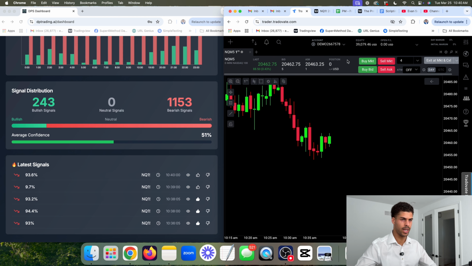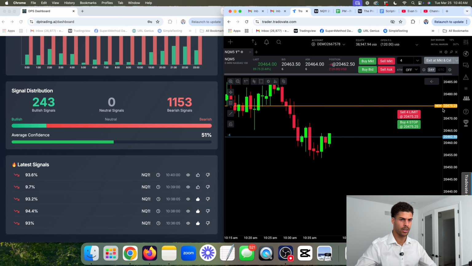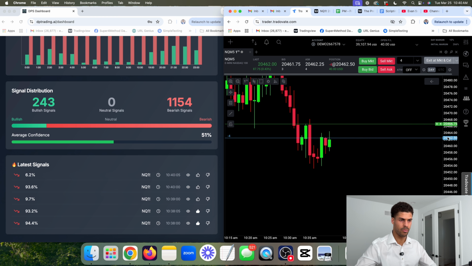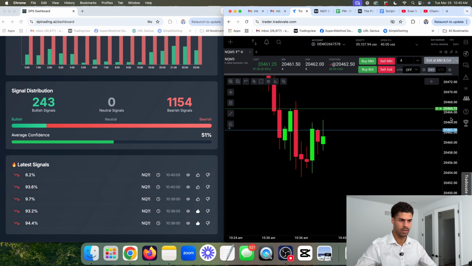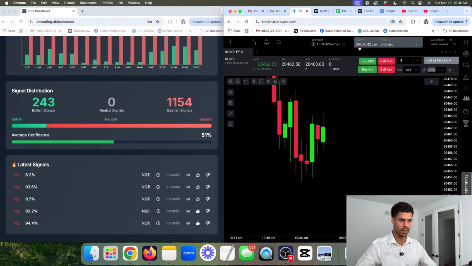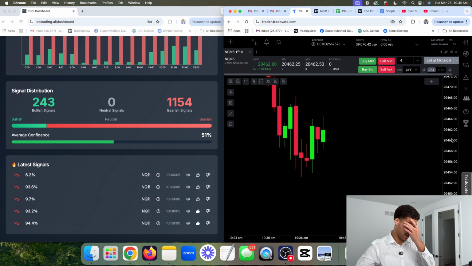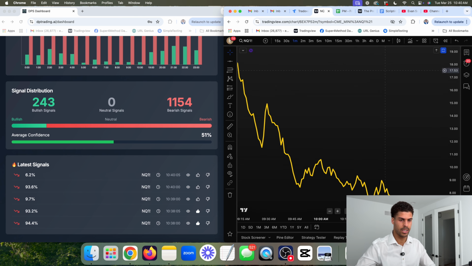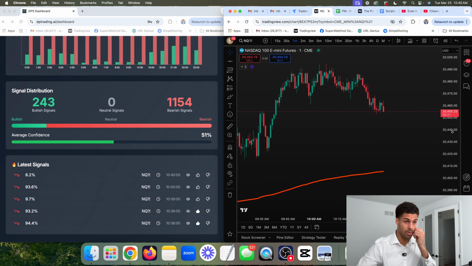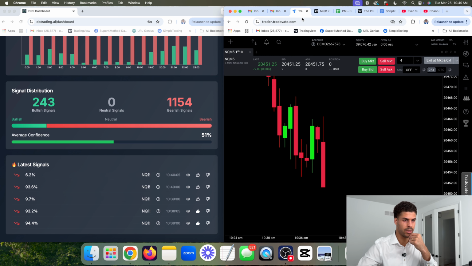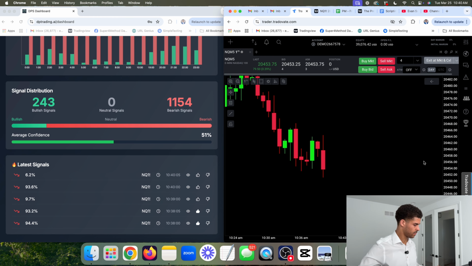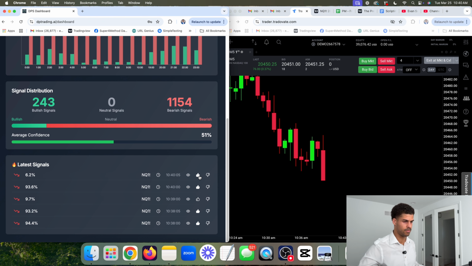Okay. I'm gonna take that short, and I try to time it so that my entry matched up at least the best I could with the candle highs. Stop placed, stop smacked. Okay. I tried to time it up so that my entry was basically right in here, which made sense to me. It kind of worked, but price didn't really do anything with it. And there it did. That's exactly what it did. ATR is sitting at 7. So just more horrific price action for us to try and trade. We'll figure it out as we go, but ooh-wee. That was actually a hell of a signal. I had no faith.